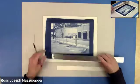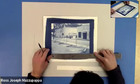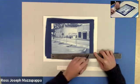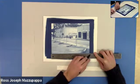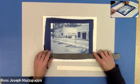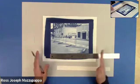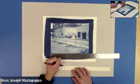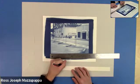So what did I say? This was 9 7/8. I want to add, I don't know, I'm trying to think. I'm going to add 1/4 of an inch to this, folks. So I'm going to add a 1/2 inch overall. What's going on? So that should be 10 1/8